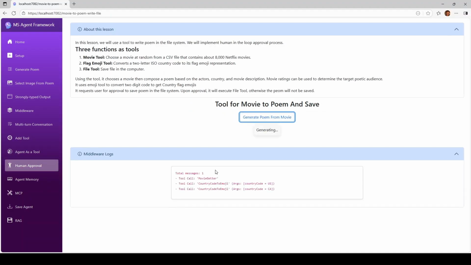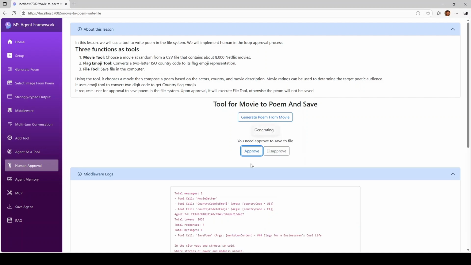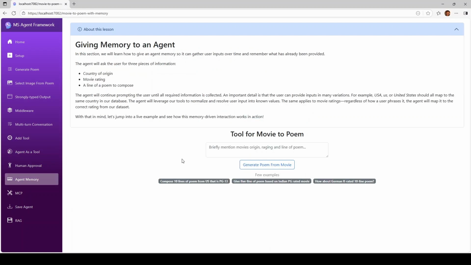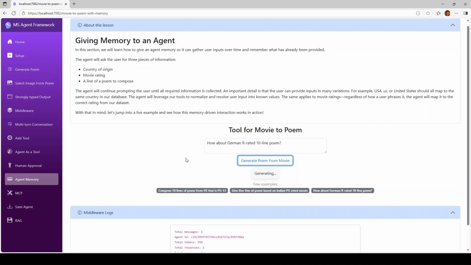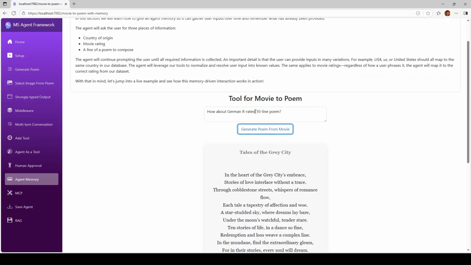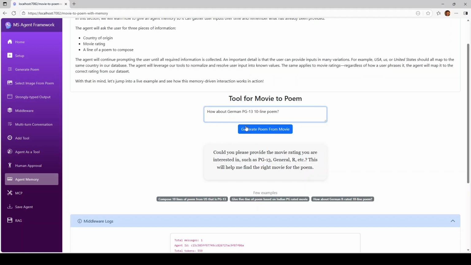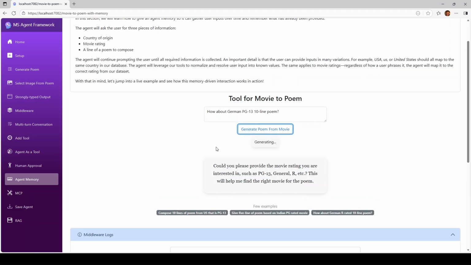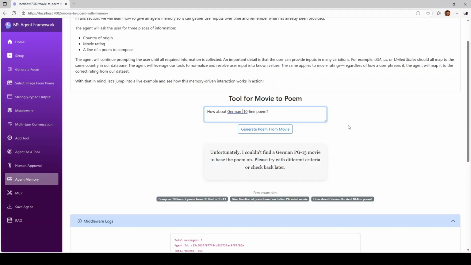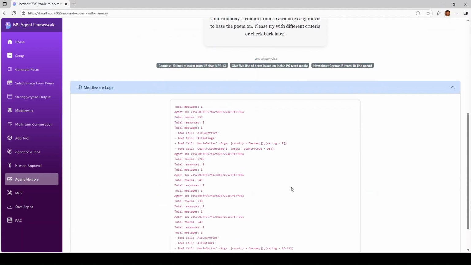Each video in the series will contain a Microsoft Agent Framework feature. I believe seeing a real example makes the learning experience fun and interesting. In the very first video, we'll go over setup to create an OpenAI account, and we will configure an API key to create our first agent. After creating our first agent, in the subsequent videos, we'll work with images, add middleware,